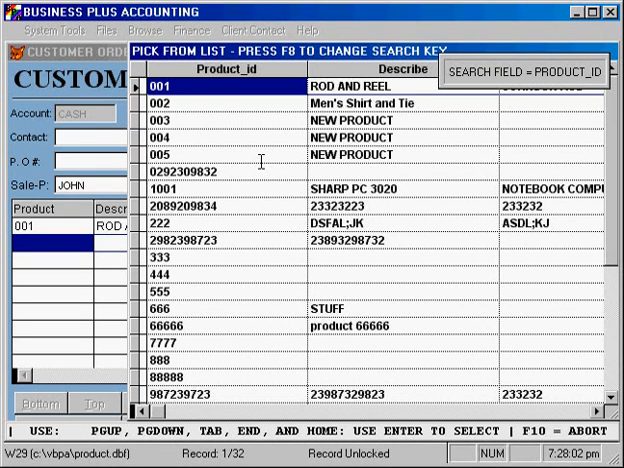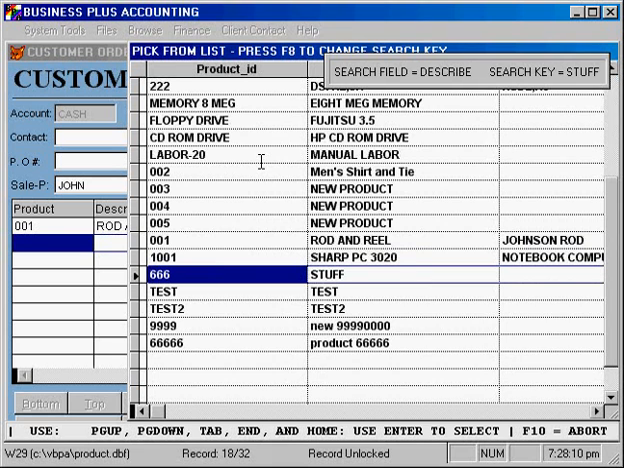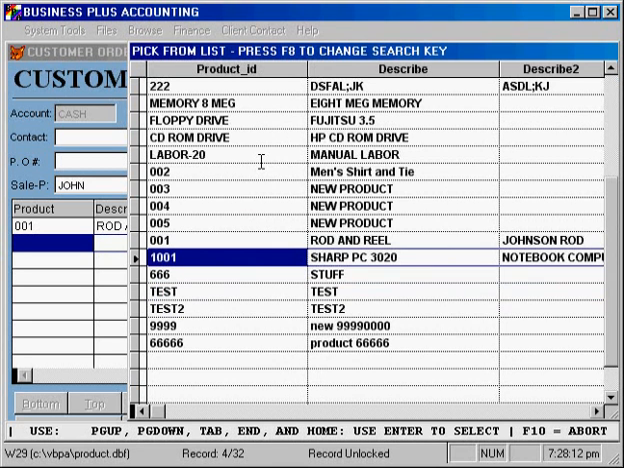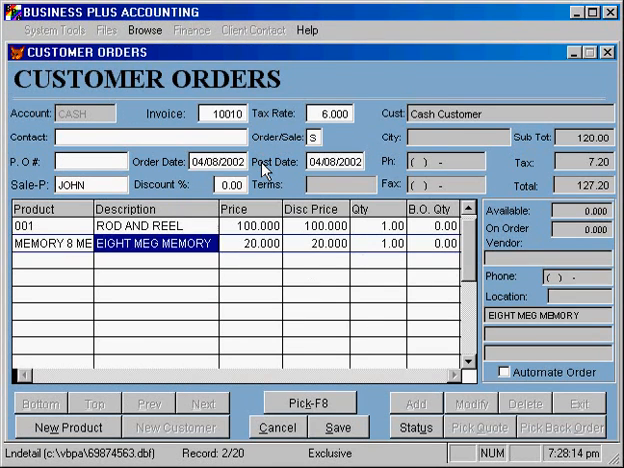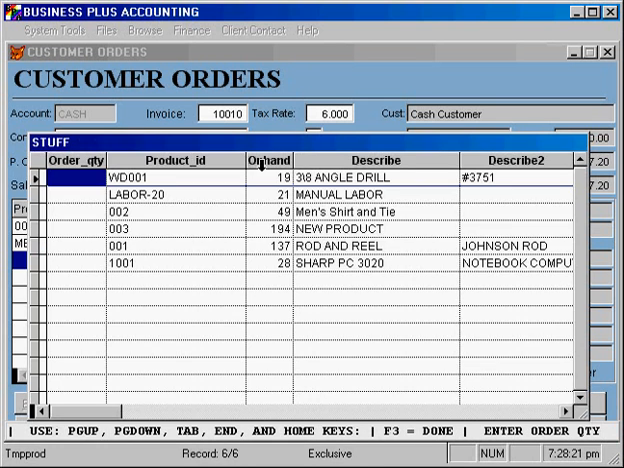I'm looking for some stuff. I'm in the product ID, so if I go over to the describe, I can key in stuff or whatever I'm looking for. Or I can use the pick list groups pick list and pick the appropriate relevant products